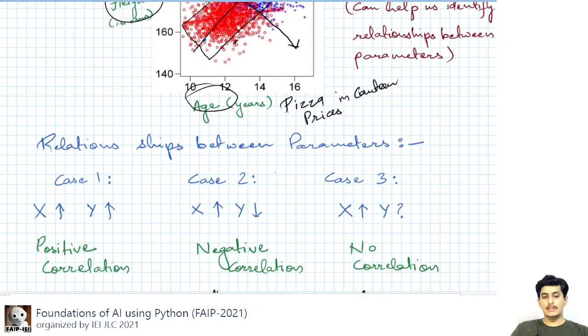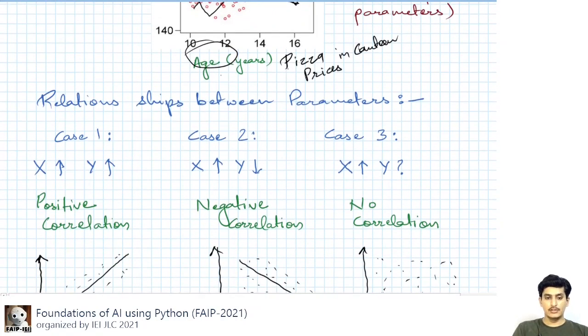So what could these relationships look like? These could be different cases. The first case is that where you have the larger values of x, you also have larger values of y. Because we are not doing a live experiment, we cannot say that when x goes up, y goes up. What we can say is that given the data, whenever we see larger values of x, we also see larger values of y.